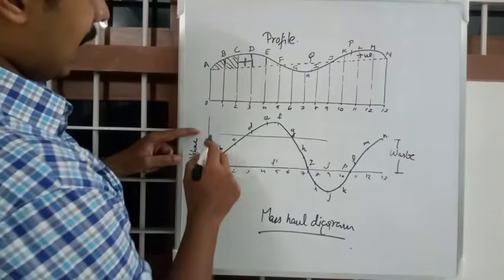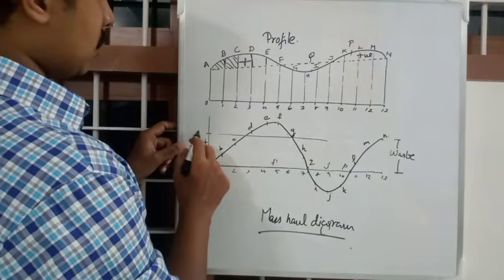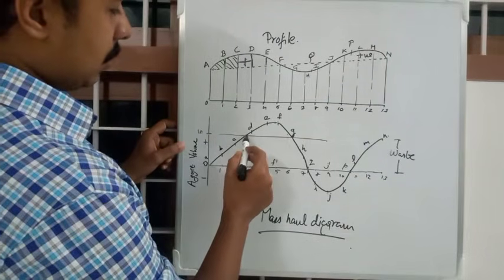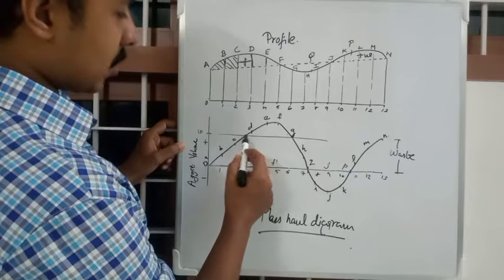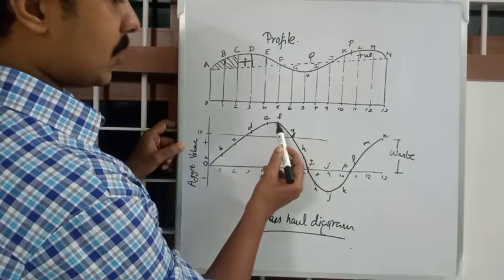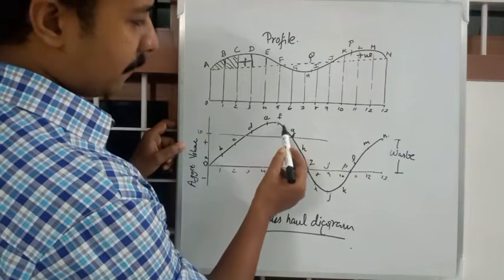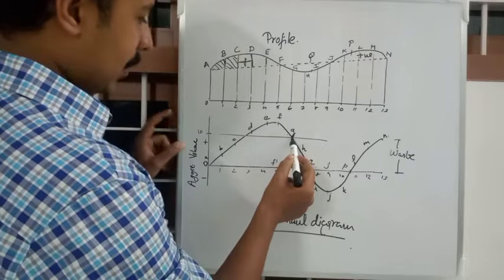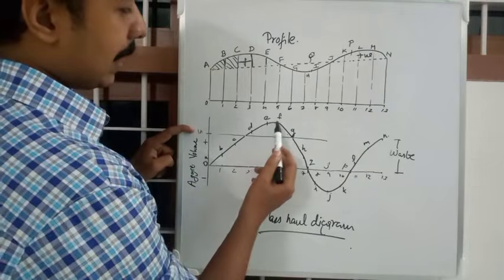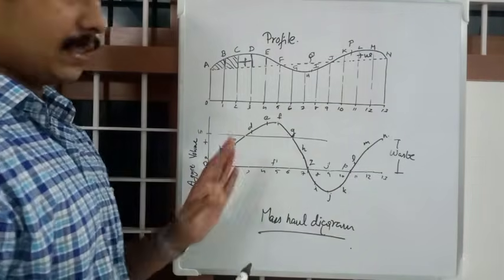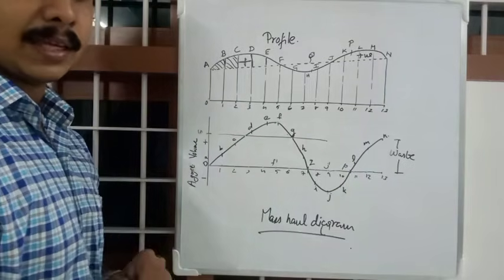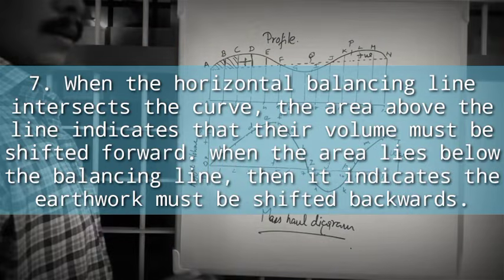To understand that, aggregate volume will be here. Suppose it is 10. When there is this intermediate point between C and D reaches, there is aggregate volume of 10, and then again it cuts till F, and then again it fills till G to again reach aggregate volume 10 meter cube. So the cutting will be equal to filling if you place a horizontal line between a curve. That is the sixth one. Next one.